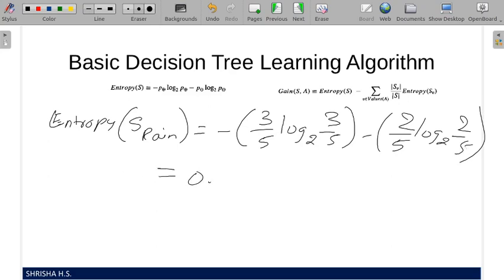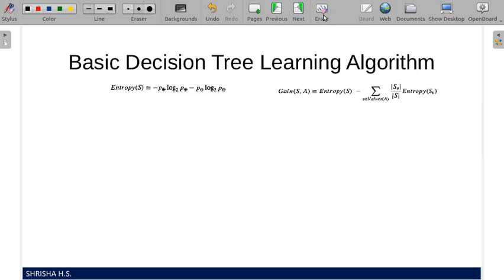So this will result in 0.970. This will be the value. Now let's go back to our formula. Okay, so the gain formula will be the entropy of S minus